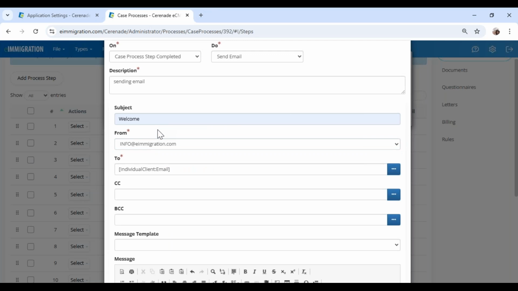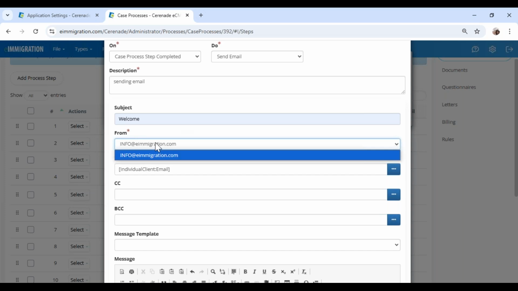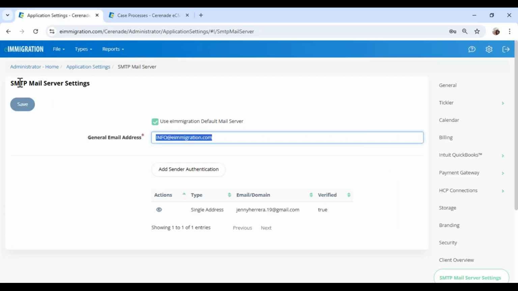Dice, en la parte de from no me deja colocar mi correo. Ya, no le va a dejar colocar el correo porque solo puede ser este email que está aquí en SMTP mail server settings. Ponga ahí, por ejemplo, le podemos poner el mío,